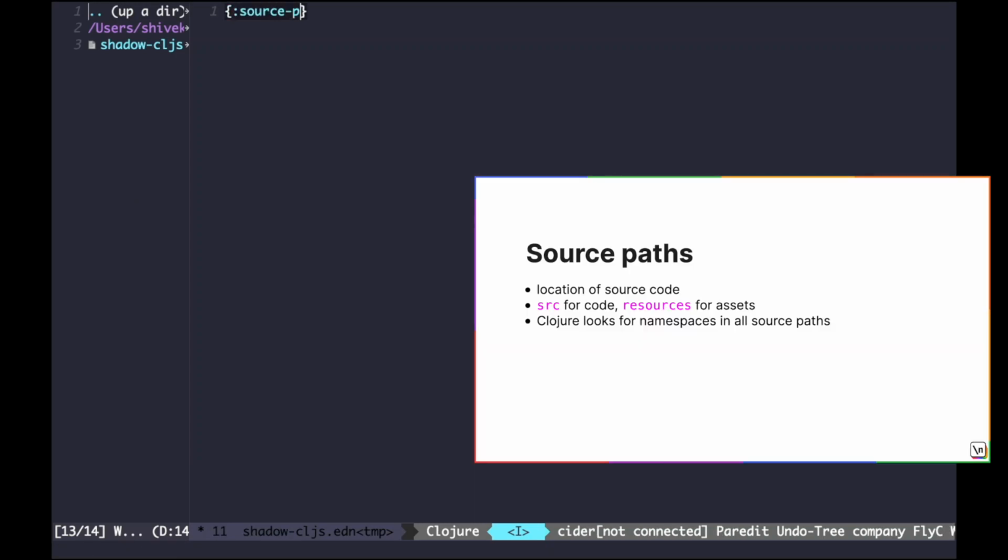Source paths literally specify the directories your source code lives in. In our example, we have added two directories, src and resources. The src or source folder is for ClojureScript code, whereas the resources folder holds supporting assets like configuration files, images, style sheets, etc. These names could be anything, however, having an src folder is a very strong convention. The directory named resources is used by Java's IO module, and by extension, it is also used by Clojure's IO module. It is highly recommended to use conventional names until and unless you know what you are doing.